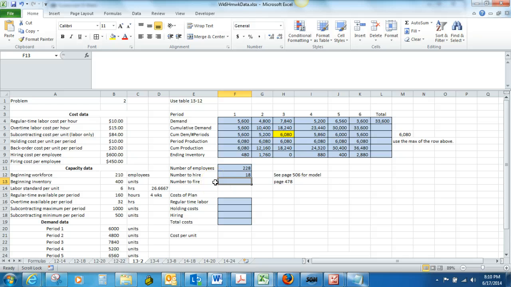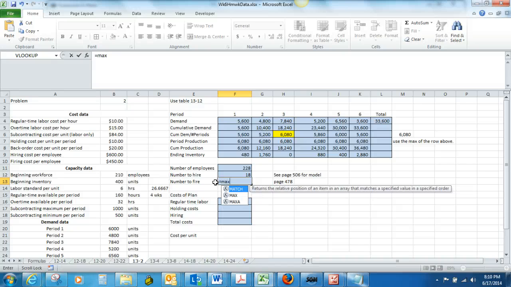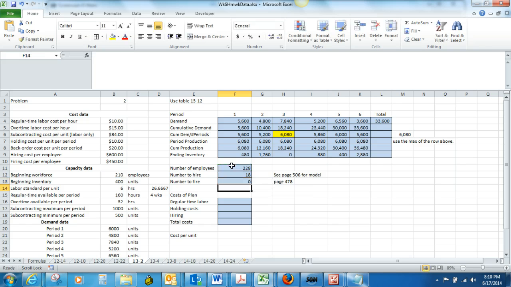And number to fire would be equal to the same thing, the max, and it would be the reverse, the 210 minus the 228, because in other words, if this were lower than 210, then this would tell us how many people to fire, but in this case it's going to end up being 0. Okay,